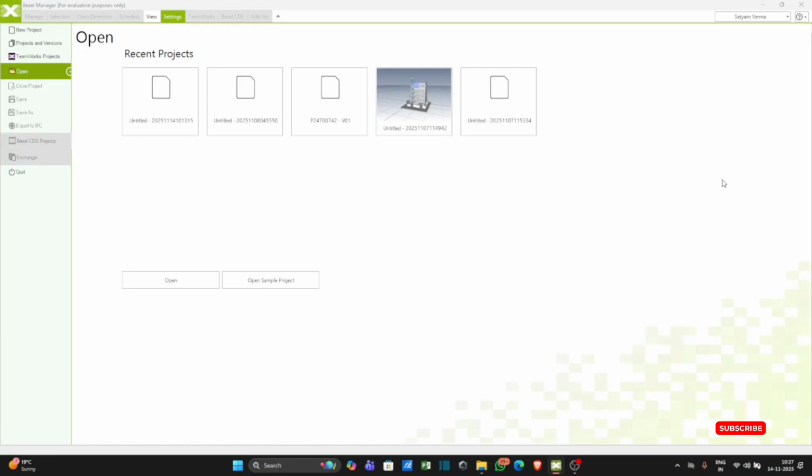In today's video, we are going to explore one of the most important and powerful features of BIM Manager, which is clash detection and quantity takeoff. In clash detection, we identify conflicts early in a construction project, and generating accurate quantities is extremely important. BIM Manager will help us do this in a fast and efficient way. So in this video, we understand step by step how to run clash detection, analyze and resolve issues, and how to generate a precise quantity takeoff report using BIM Manager. So without any further delay, let's do it.